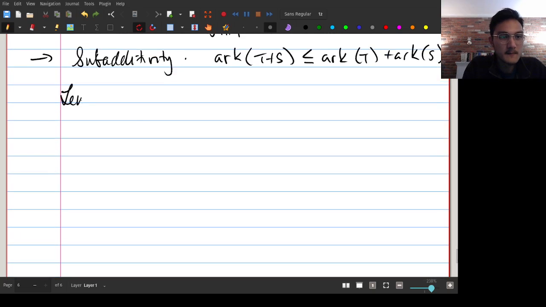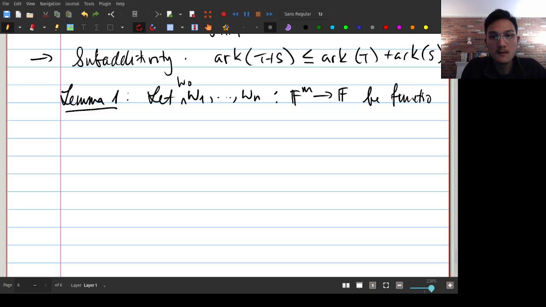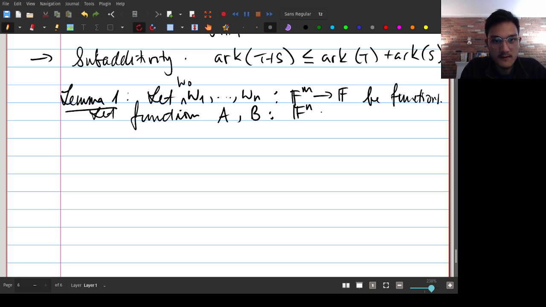Let's get started. This is the first lemma, called Lemma 1. Let W0 through Wn, so n plus 1 of them, be any functions from F^m to F. Let functions A and B be defined, from F^n cross F^m to F, given by: